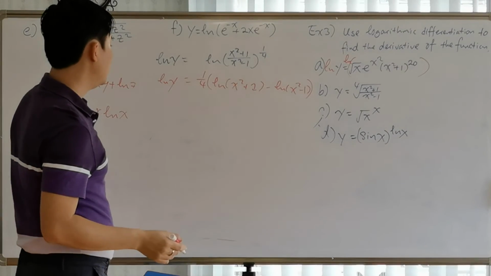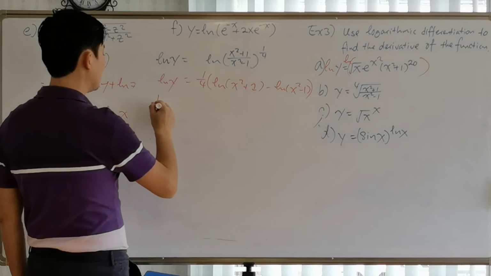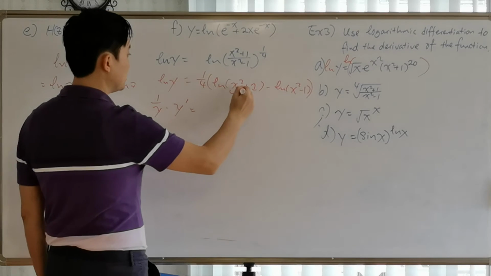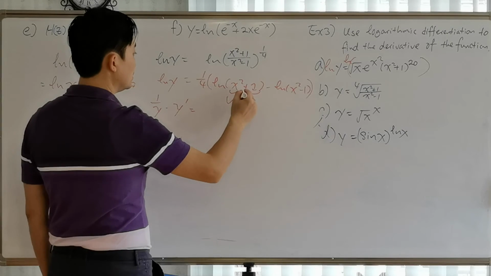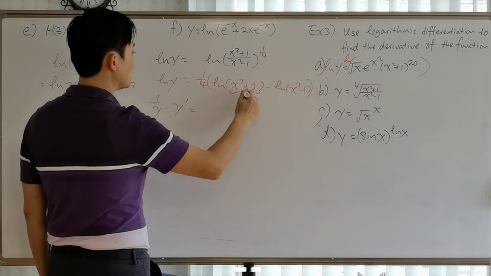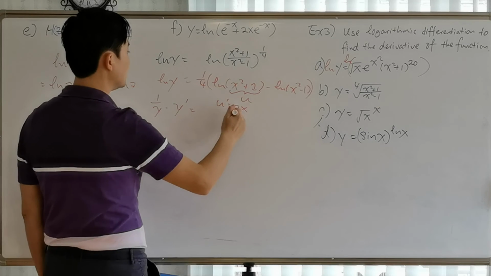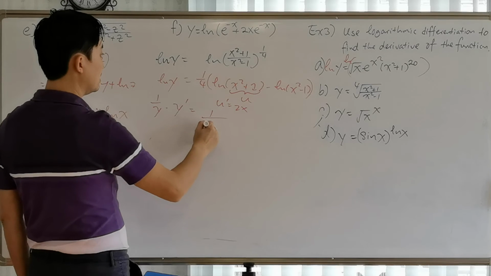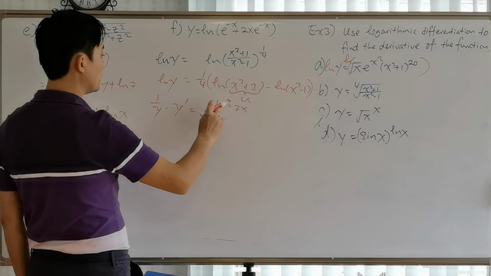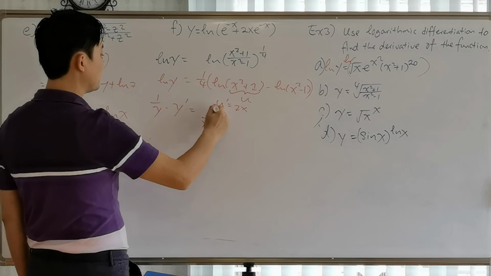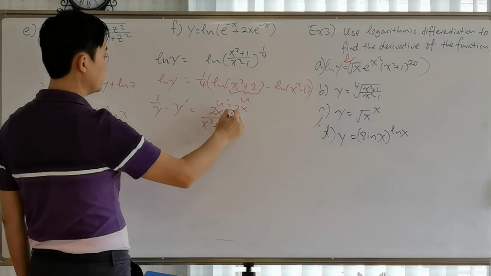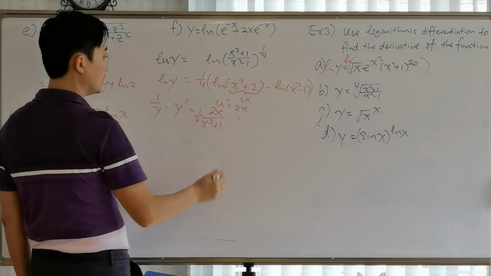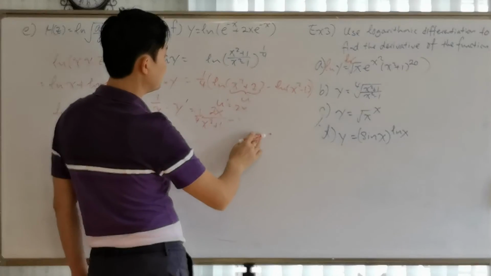Again, take the derivative. On the left hand side, it's 1 over y times y prime. And the derivative of this, again, this one is just like u, so u prime would be 2x. So using the chain rule, 1 over that quantity, x squared plus 1, times 2x. But don't forget about the 1/4, that's part of it because that's a coefficient. Normally we put it right in front. And then minus